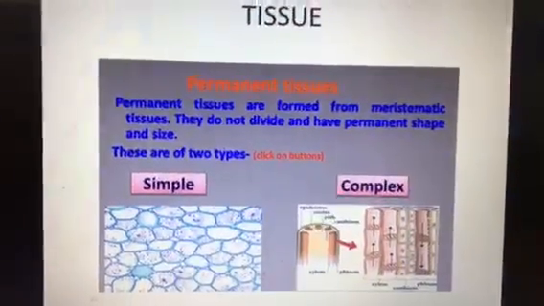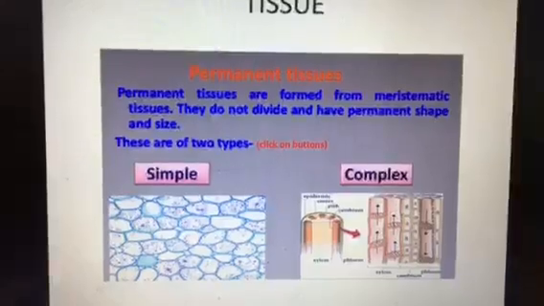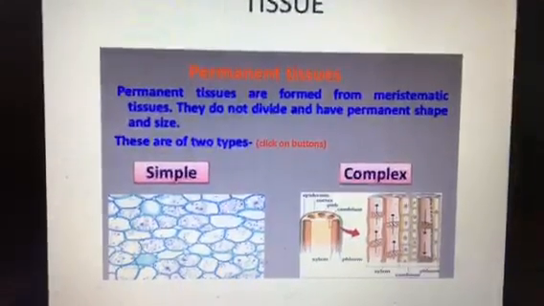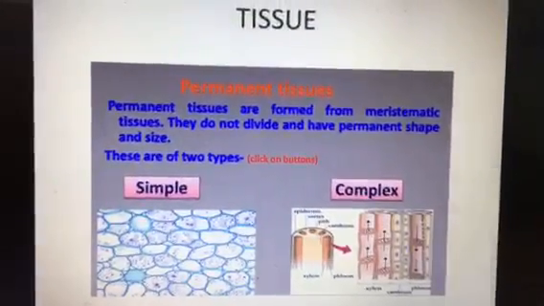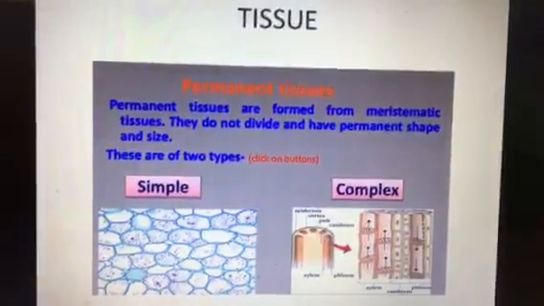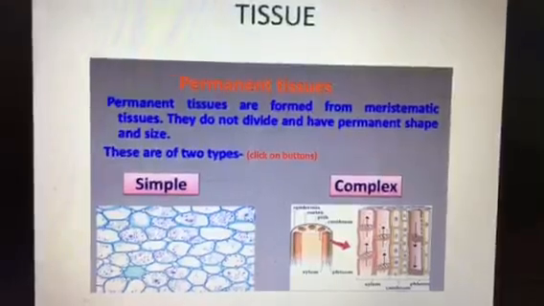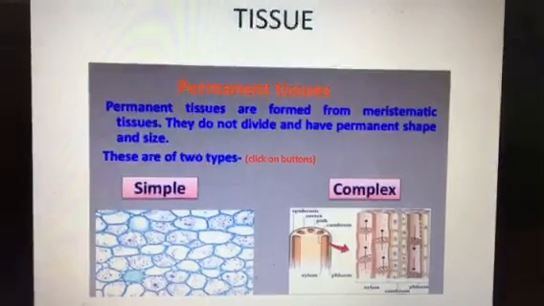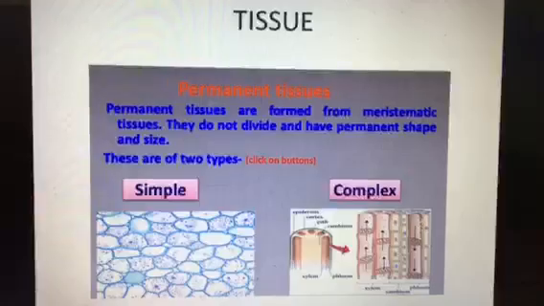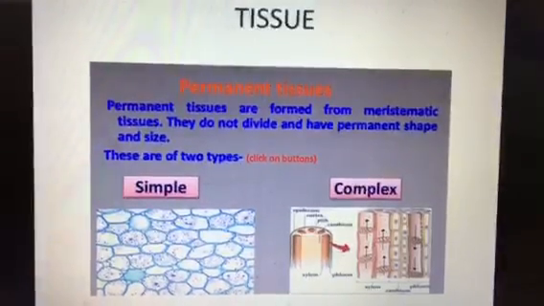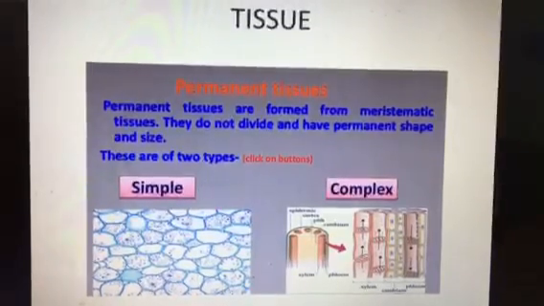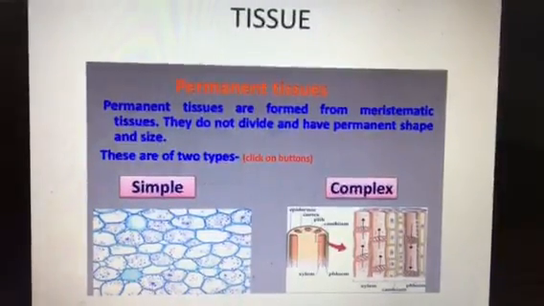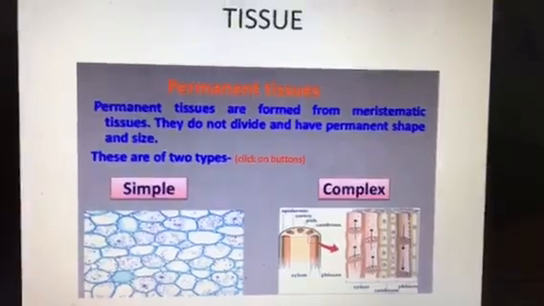What is permanent tissue? Permanent tissue does not divide further and it makes the bulk of the plant body. For example, midrib of leaves, petiole, pulp of fruits, flowers. These different regions are made up of different kinds of permanent tissue. Sometimes the cells of permanent tissue have definite shape, size and function. It may be living or dead cells.